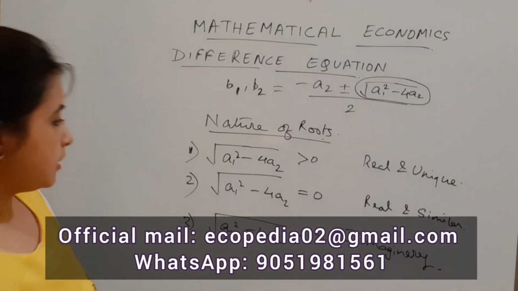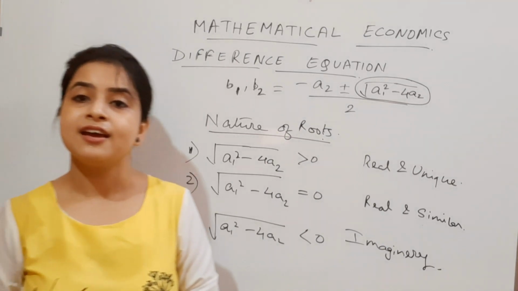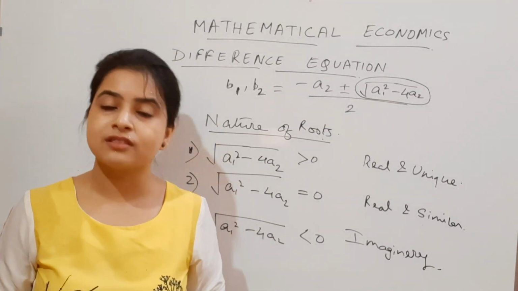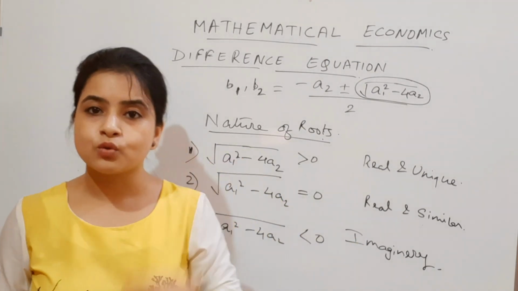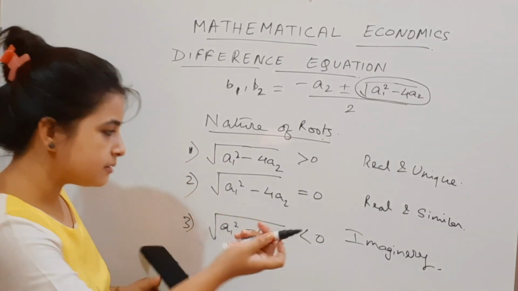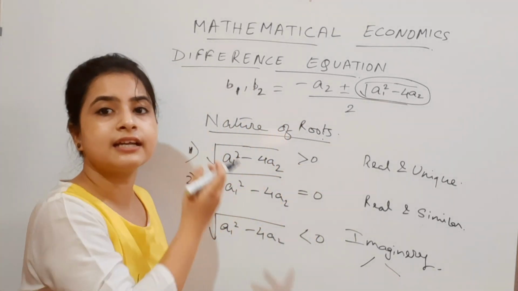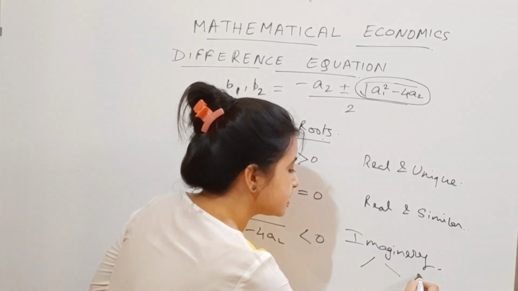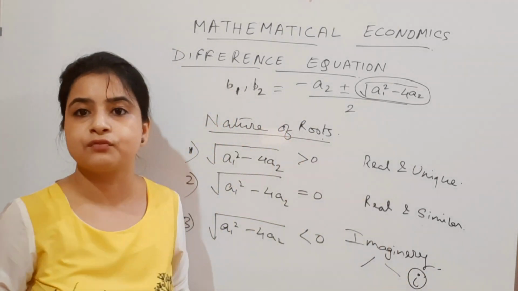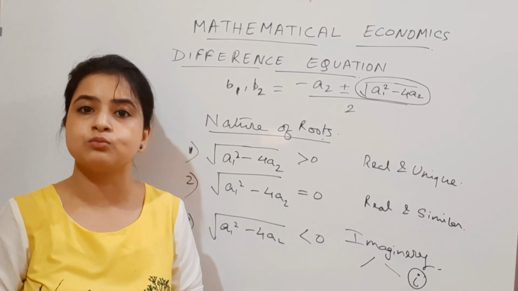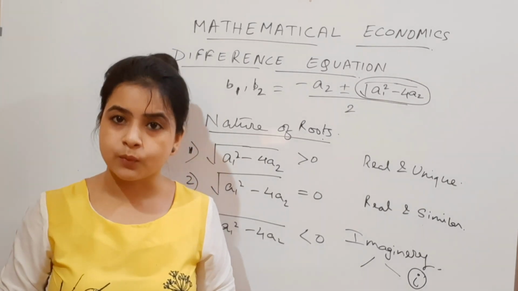Alright, the roots becoming imaginary. This is the case where you get stuck with the solution because of the imaginary part. That means the root is imaginary. What do I mean by imaginary? There will be a real part as well as an imaginary part, and under that imaginary part there will be a part consisting of this small i, and here the students get confused, they are stuck and they can't move further. They simply can't get to the general solution that is required.